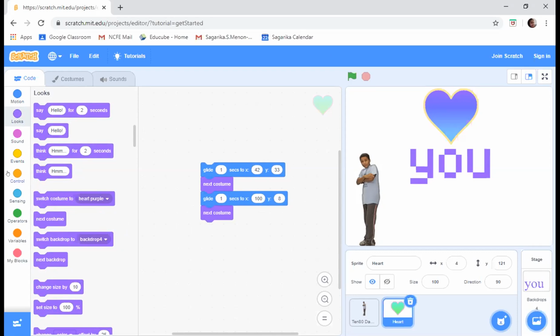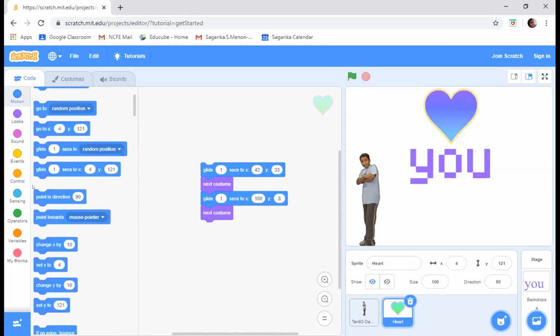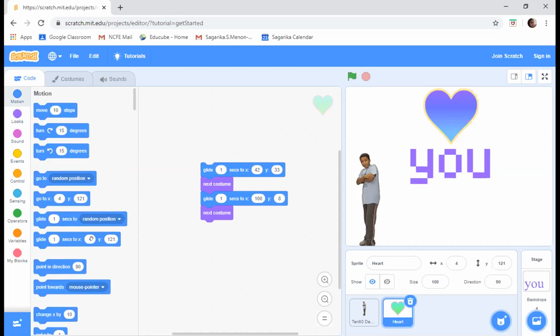Put glide 1 second. Others can see the heart size. If it is too big, you can reduce it also. Put X as 42. Y minus 33.